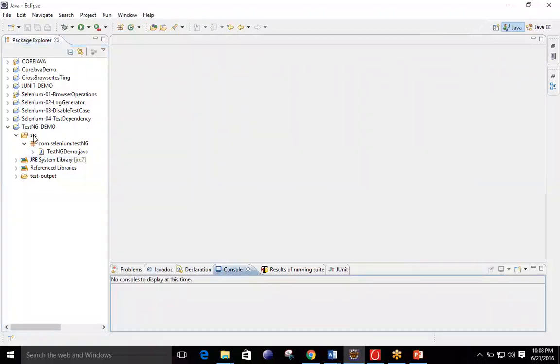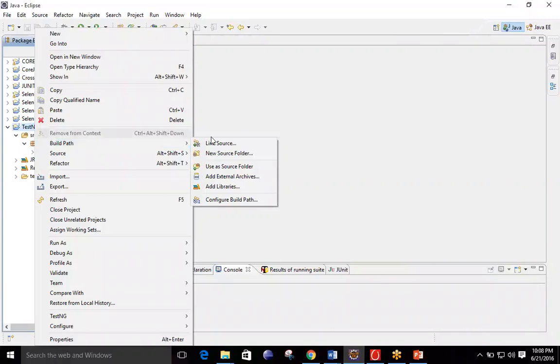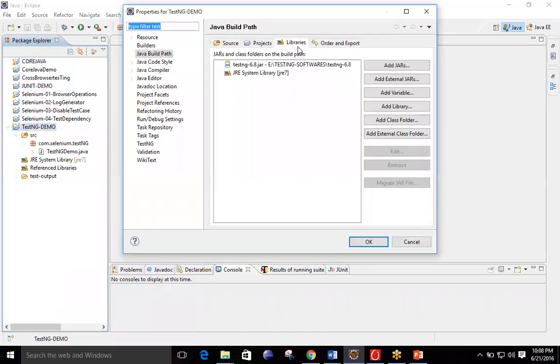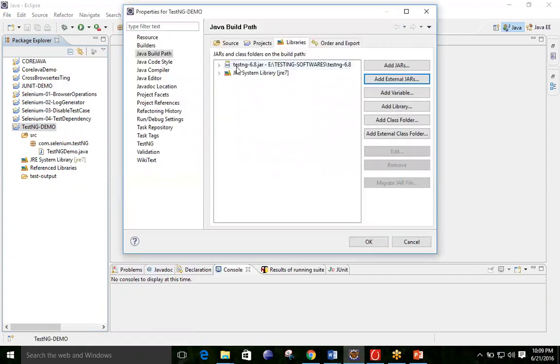If you have created the project TestNG Demo, simply right click on the project, go to the option Build Path, click on Configure Build Path, go to the Libraries tab, click on Add External JARs, and select the jar file from its location. It will be present in your downloads folder. Simply click Open, and once you click Open it will be present over here.